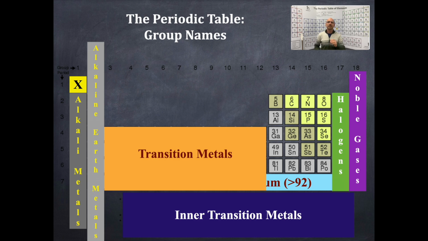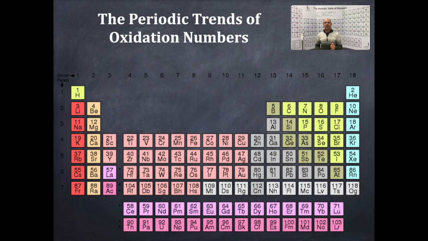The next group, moving to the left from the noble gases, are called the halogens. So that is the fluorine, the chlorine, the bromine, the iodine. Those are the halogens. Those are really important. When those form ions, they're called the halide ions. Okay? All right, now what we're going to do is we're going to talk about periodic trends with oxidation numbers,